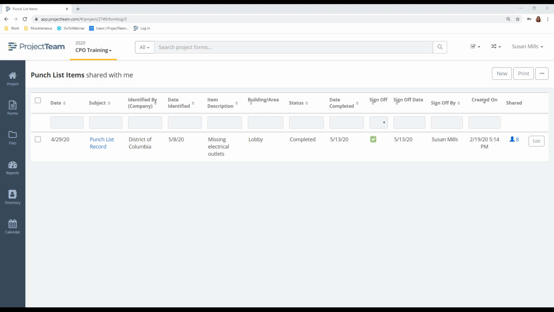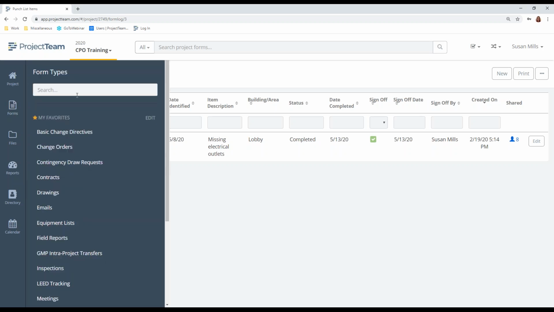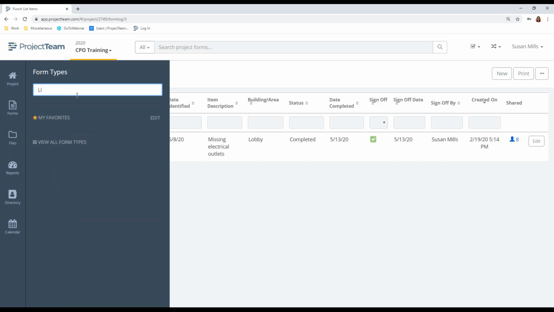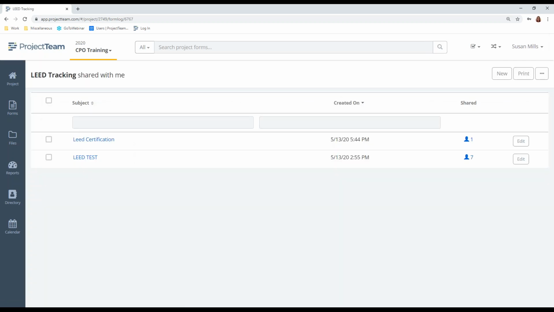And the last one is, and I always want to call it lead tracking. Is it LEED or is it lead tracking? So I'm going to open this document,